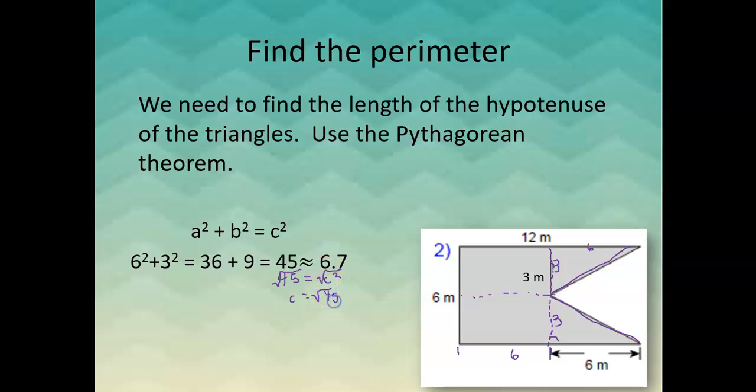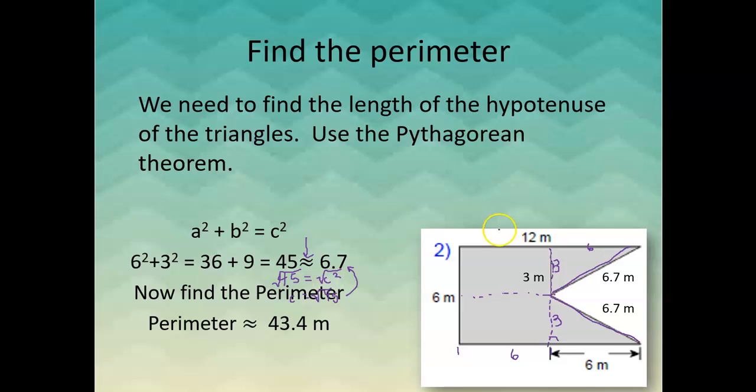Because we are going to have to do some addition, we're going to go ahead and change that to a decimal. When you plug it into your calculator, the square root of 45 is about 6.7. We did have to round it there. All right, so now we know our 2 last sides are 6.7, and we can add up all the sides. We've got 12 plus 6 plus another 12 down here plus 6.7 plus 6.7 gives us 43.4. In this case, we are told the unit of measure, m is for meters, so 40